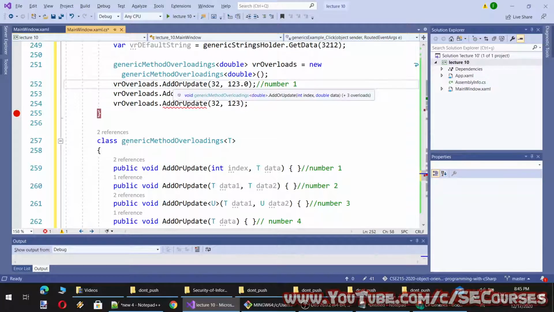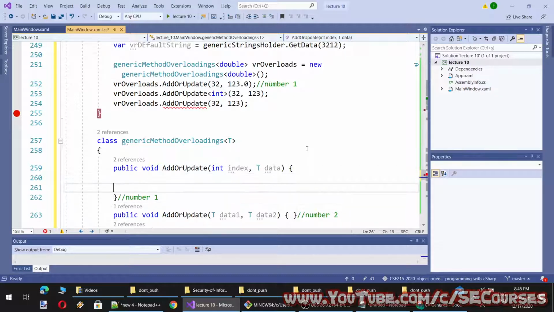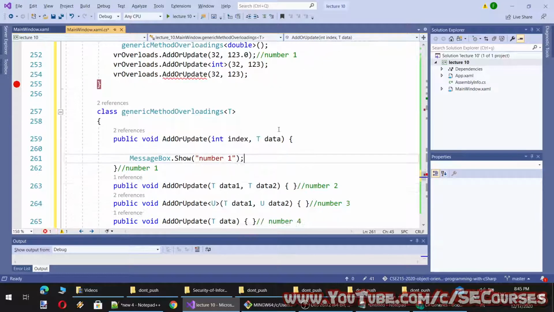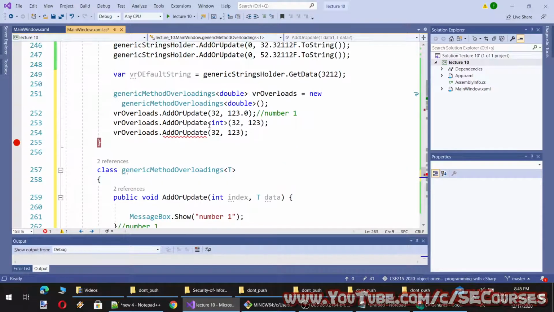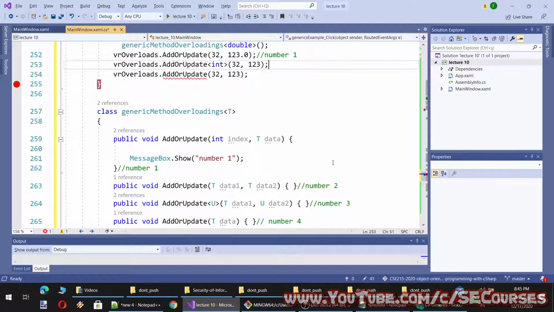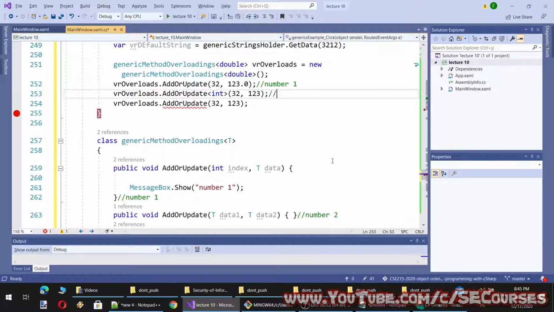Okay, so this is equal to number 1. We can also test it. Actually, this can be equal to number 2 as well, because this can be counted as double as well, but I am not sure how it will behave. I think it will behave as this integer, not double. So this is number 3, obviously.